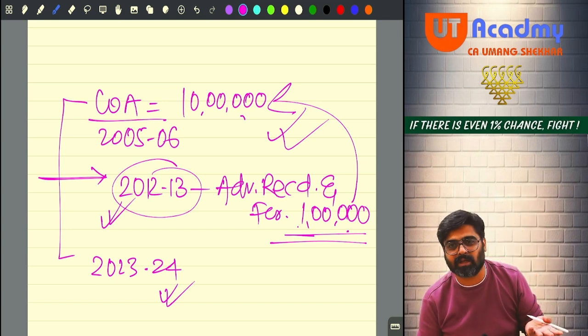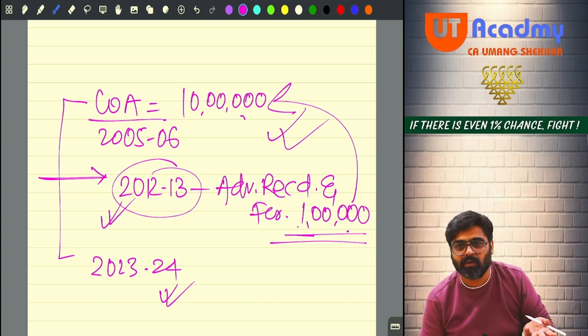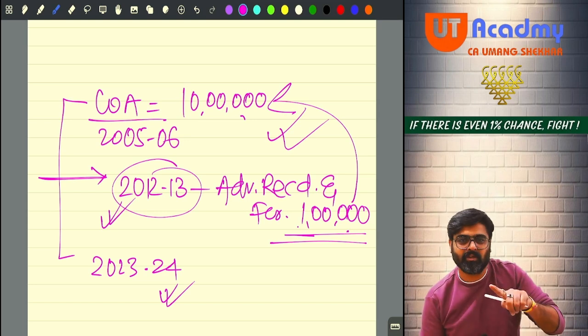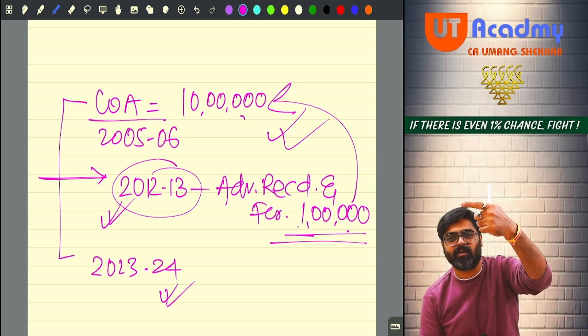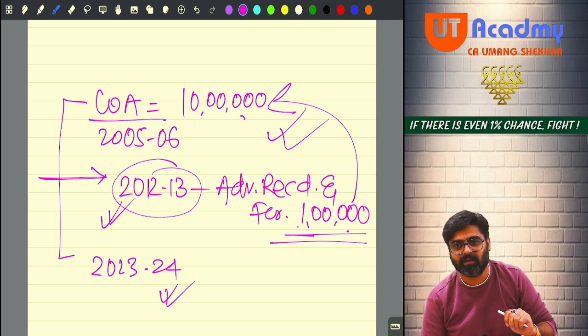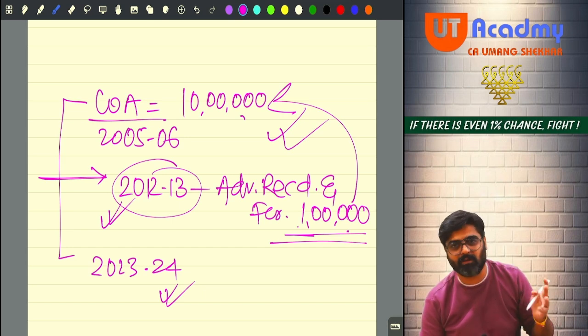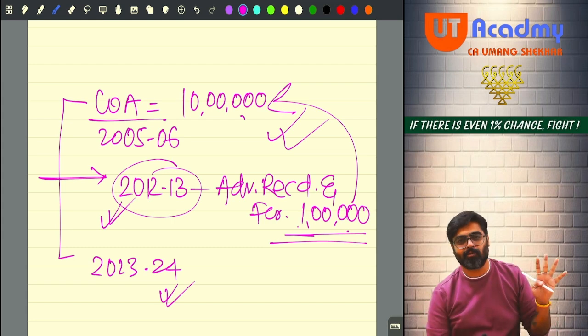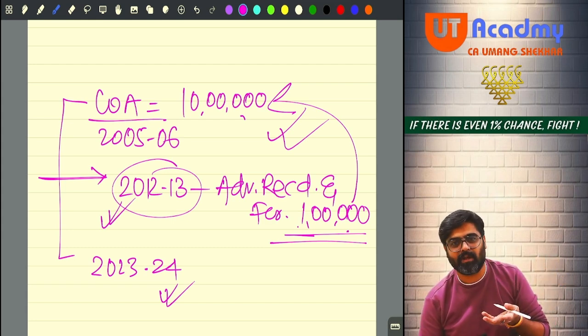But it is illogical. I have already told you. Yes or no? And you cannot reduce after indexing also, because that is also illogical. Basically, on this 1 lakh, you should get indexation benefit from 5-6 to 12-13 at least. That is a logical thing. But that is nowhere followed. So we are not supposed to follow that as well. So what the institute follows, for that only we are going to get marks.